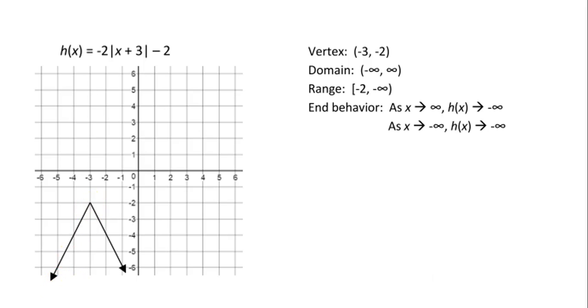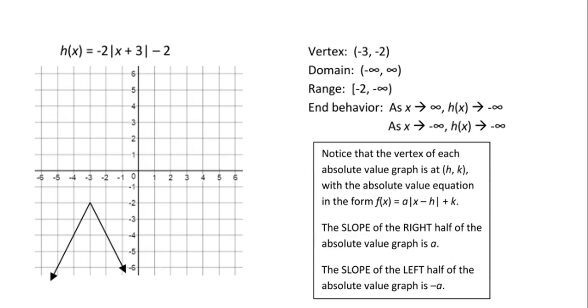So here's the general rule here, folks. We notice that the vertex of each absolute value graph is at h, k. So the vertex is going to be at h, k with the absolute value equation in the form f of x, or in this case h of x or g of x, equals a times the absolute value of x minus h plus k. So what's happening here is that when we have an absolute value function, we can